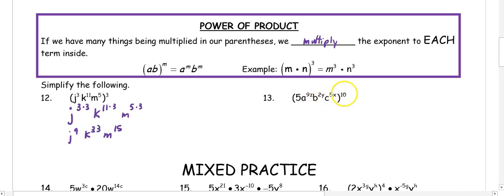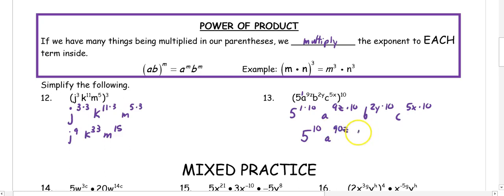In 15, we're going to multiply all of our exponents by 10. Even if 5 doesn't have an exponent, remember that's a 1 then. So we would have 5 to the 1 times 10, a to the 9z times 10, b to the 2y times 10, and c to the 5x times 10. So 1 times 10 is 5 to the 10th, a to the 90z, b to the 20y, and